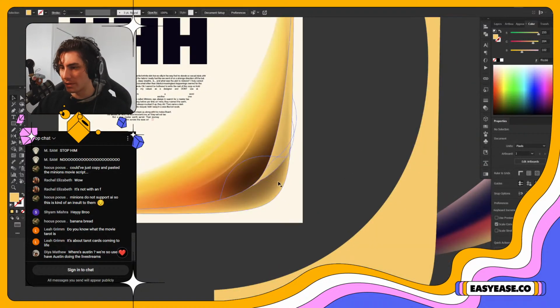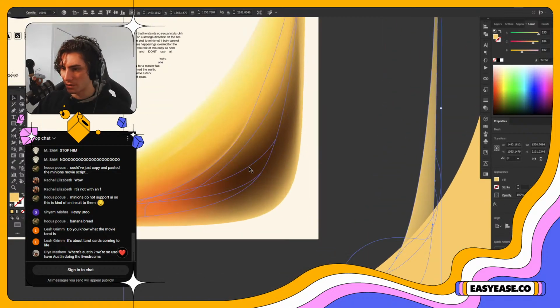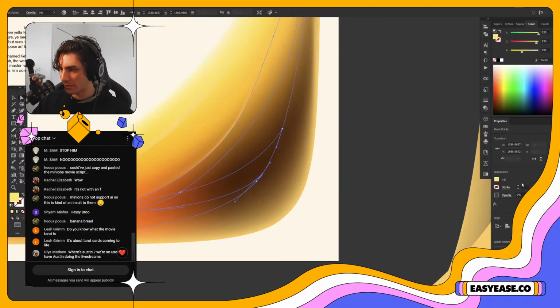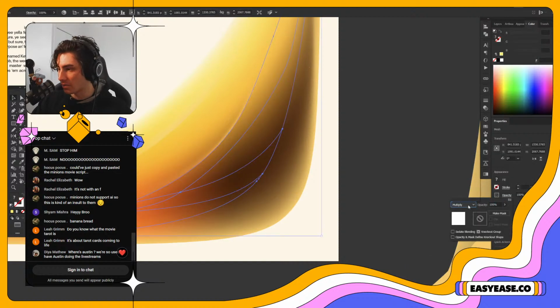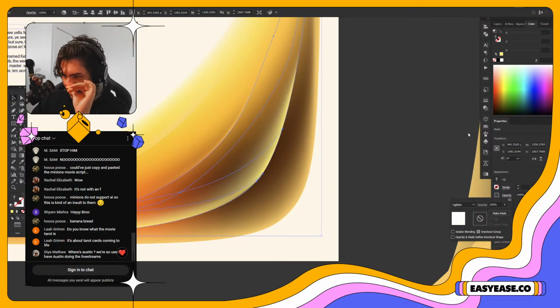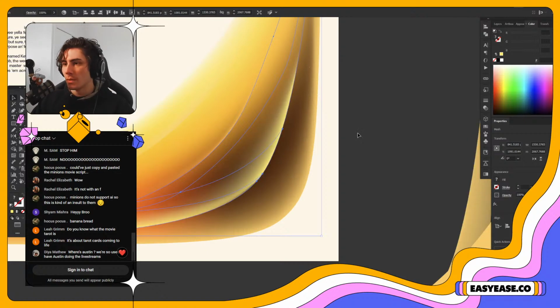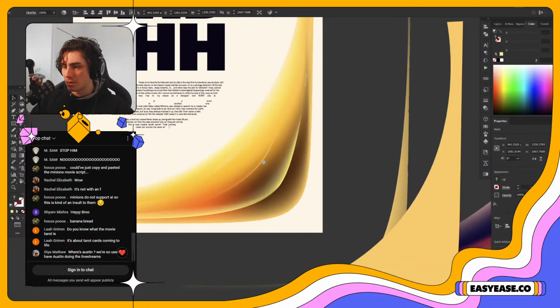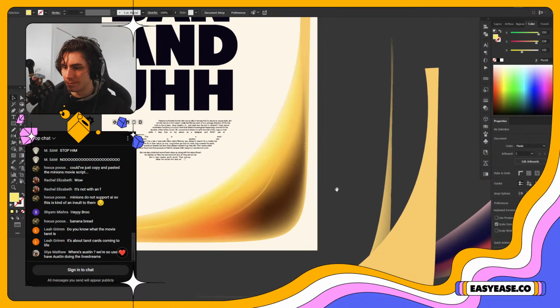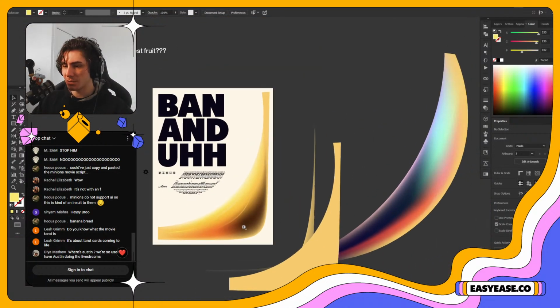Alright, Illustrator's really struggling with this one. I'm just gonna go back to this guy, change this guy to full opacity, change the blending mode of this entire thing to like lighten. No, actually, let's move on.